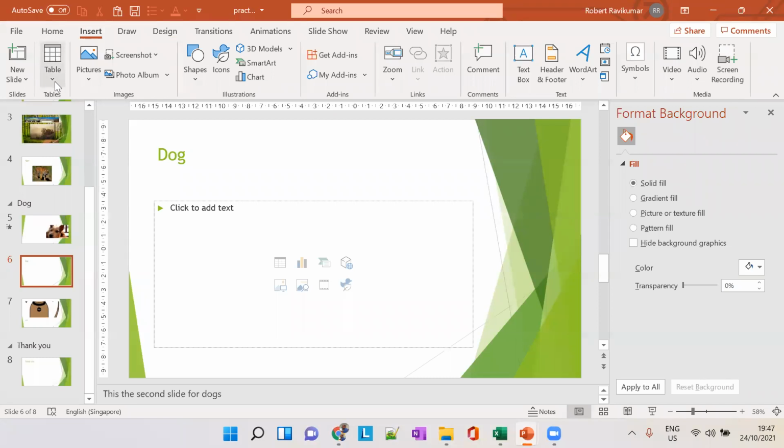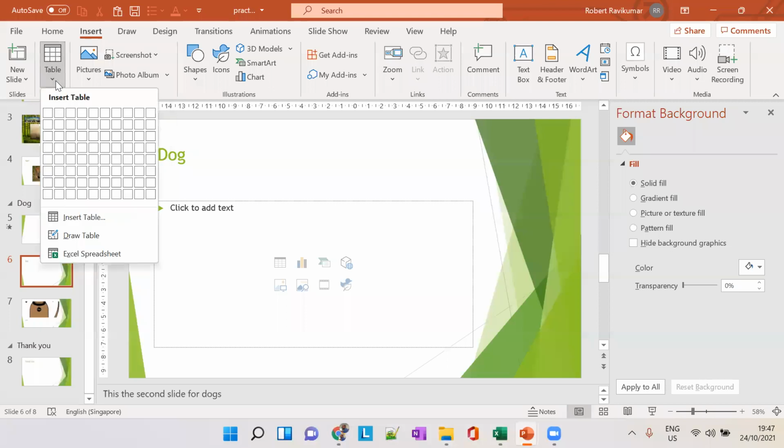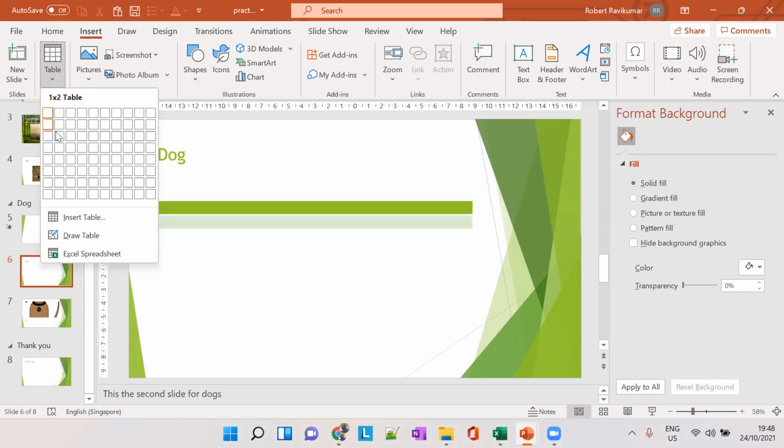So there is a button called Table here. If you click, at the bottom right, there are three ways to create a table in your section. Okay, so either you can choose from this,